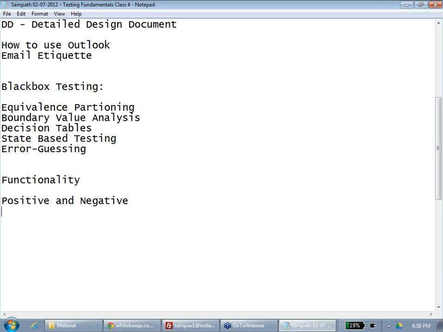Agree? What is the first technique we are learning? Equivalence, yeah, pairwise, very good, Satya. So the first one is equivalence partitioning. So what is equivalence partitioning? If there is a functionality, there are two sides to it. That is called positive and negative, valid and invalid. Some people will ask, do you know how to do negative testing? Do you know how to do invalid testing? It's the same thing. Do you know how to use equivalence partitioning? It is the same thing. For example, there is a TV.